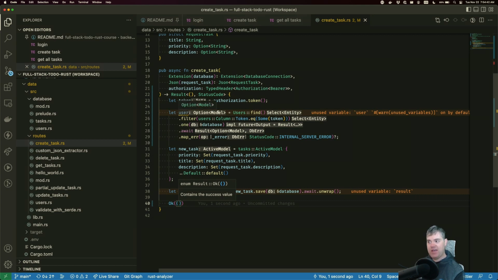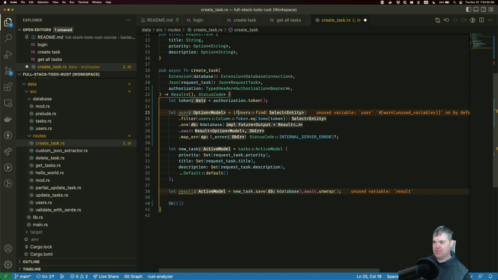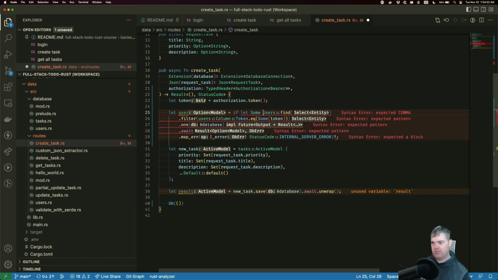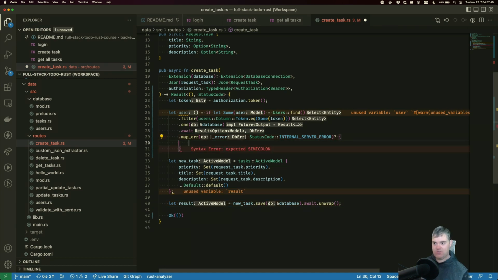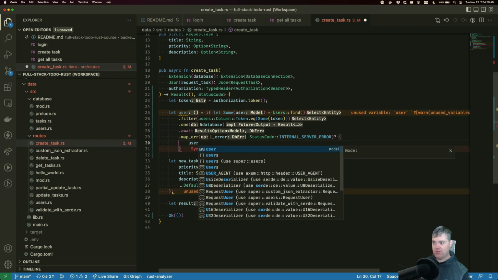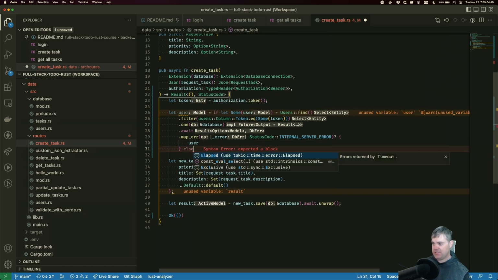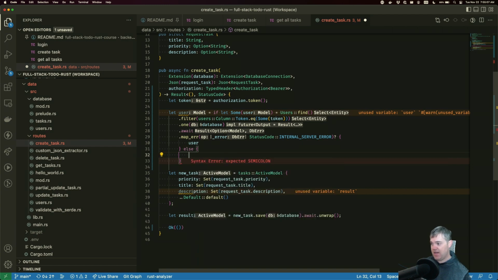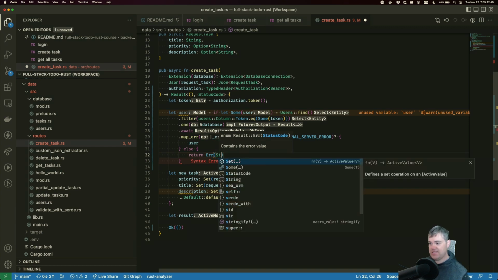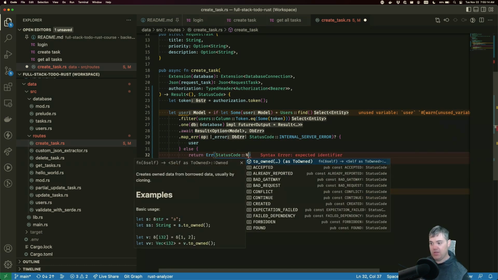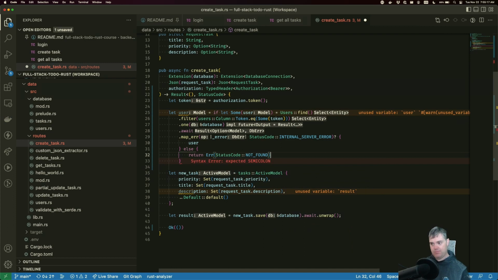We now have an option model, so it's possible that we didn't find the user. So let's do if let Some user equals, and we'll just continue this on here. If we find it, I'm going to return this user out so we can just stay at this level. If we don't find it, we're going to return early an error with status code not found because we couldn't find the user.